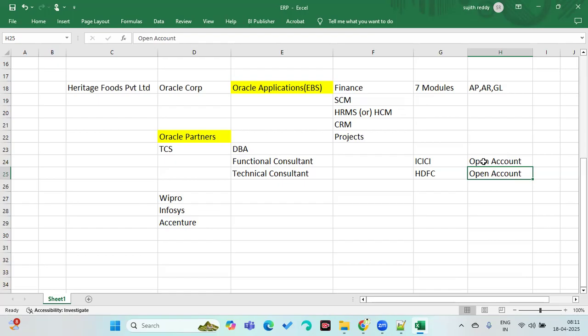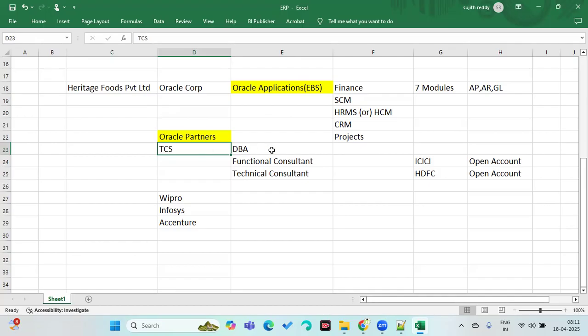This will be different. So the action you are doing is the same in both companies, but there will be changes in the process or policy and terms and conditions from the company point of view. That's the reason whenever clients buy the software, they go for changes according to their requirements. So for that purpose only, the client is giving this project to Oracle company or Oracle partners.